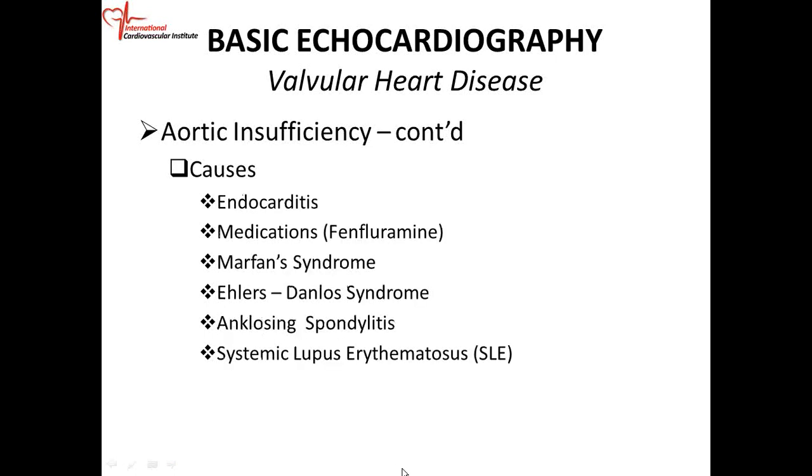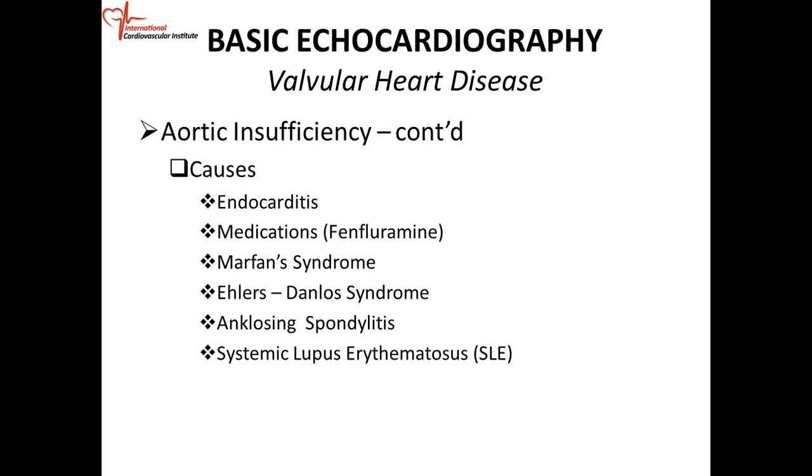All right. So the causes continue. Endocarditis, that's inflammation of the valve, and hence renders the valve incompetent. Medications, remember those diet pills, fenfluramine, they can also cause inflammation of the valve and regurgitation. Marfan syndrome, very important, Greg. So you get aortic root dilatation and some of the other features,